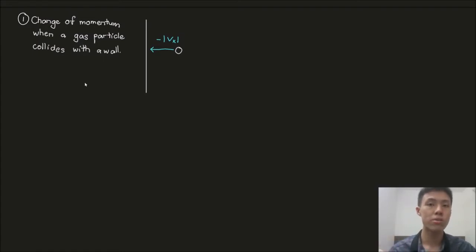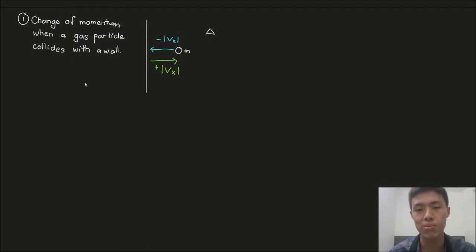To know more about this, you should check the prerequisite video that is posted now. Okay, so we have the velocity in the opposite direction. So it's appropriate that we call it Vx, but now in positive. So after we know this, let's add on a little bit of detail. The mass of this gas particle is m. So knowing that, we are able to find the change of momentum of the particle,